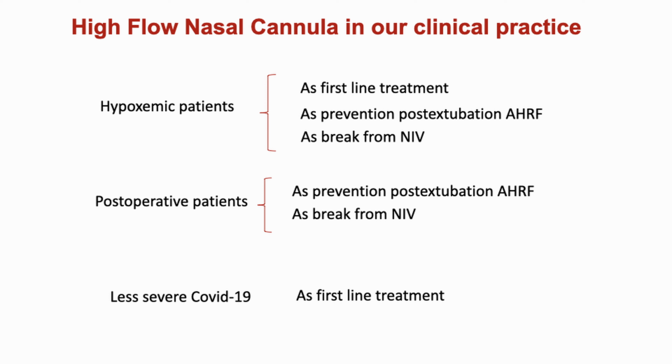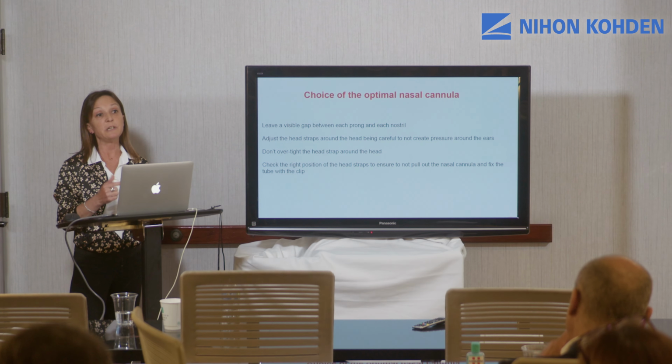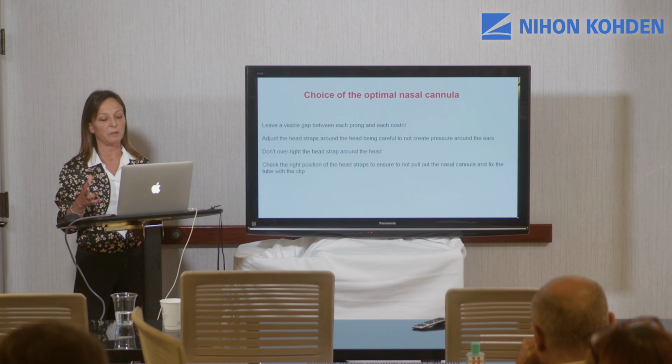How about our experience? In our clinical practice, we always look at the kind of patient that we have. And even here, we distinguish between hypoxemic patients and post-operative patients, and we also treat less severe COVID-19 with high-flow nasal cannula, especially outside the ICU and the emergency department. When we start high-flow nasal cannula, as well as when we start non-invasive ventilation, we have to choose the optimal interface. It's definitely simpler for high-flow nasal cannula, but even the choice of the cannula can be tricky, because the cannula should leave a visible gap between the prong and the nostrils, and the head strap should never be too tight on the head of the patient, and we have to be careful up on the ear,